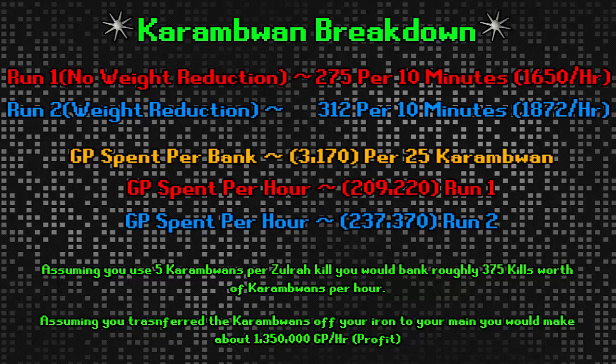Now, for those of you that really aren't interested in the whole entire getting Karambwans for PVM, this is also a fairly nice way to make money for bonds, in the aspect that every hour that you spend buying Karambwans from the store, you make about 1.35 million GP per hour profit if you transferred the Karambwans off your Ironman